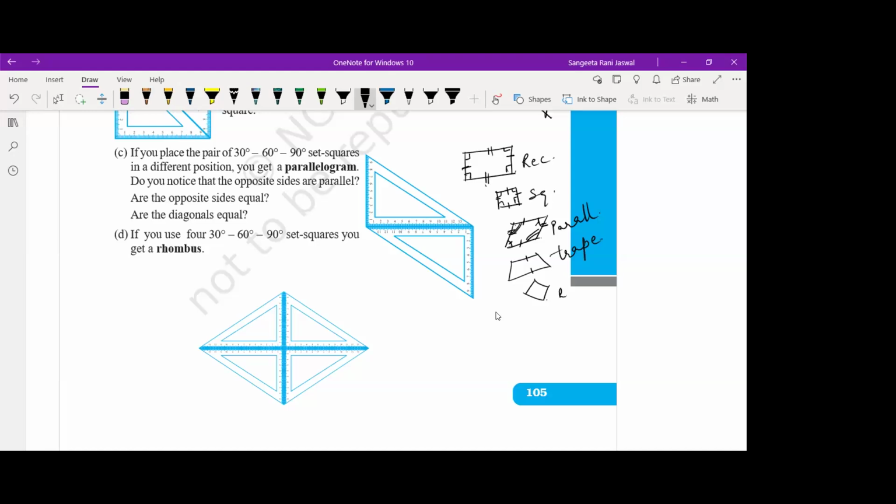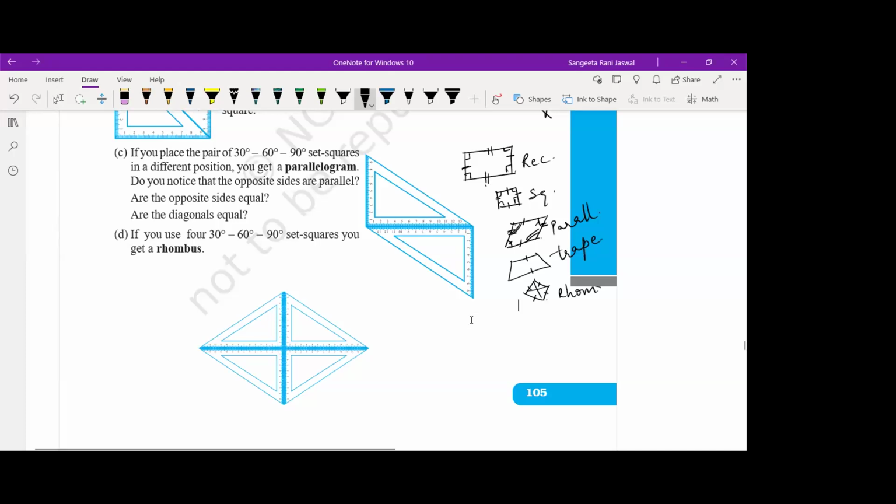Then you have the rhombus. In the rhombus, all the four sides are equal. Right? And if you talk about the diagonals of a rhombus, they are perpendicular bisectors. The diagonals make a 90-degree angle between them and they bisect each other. So rhombus also has diagonals as perpendicular bisectors. Square also has diagonals as perpendicular bisectors. Rest, in a parallelogram, the diagonals are bisectors, not perpendicular. In a rectangle also, the diagonals are bisectors.